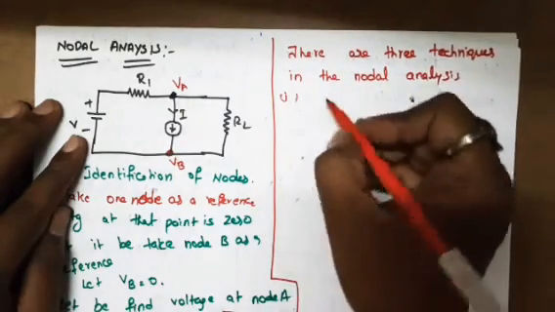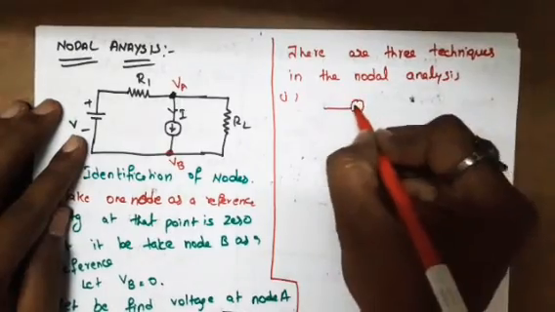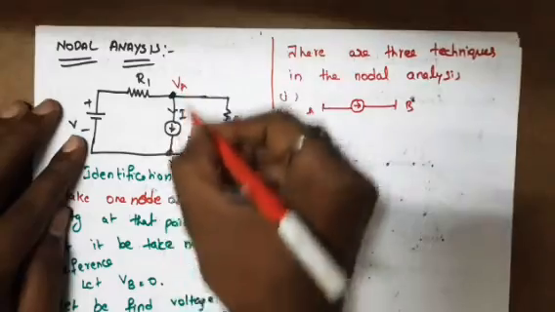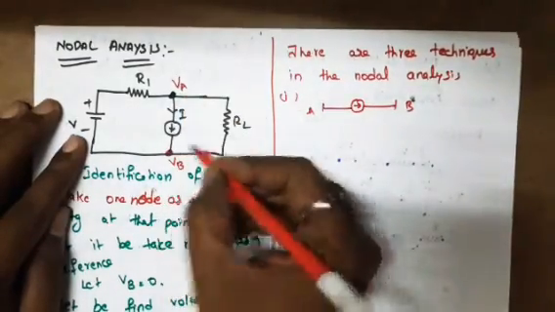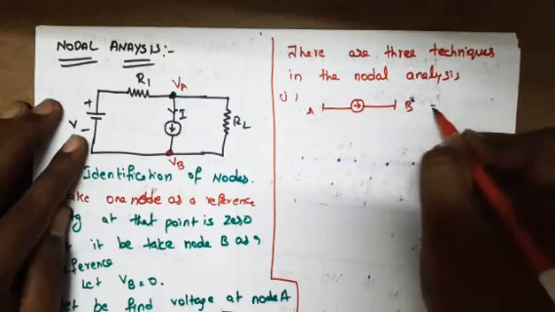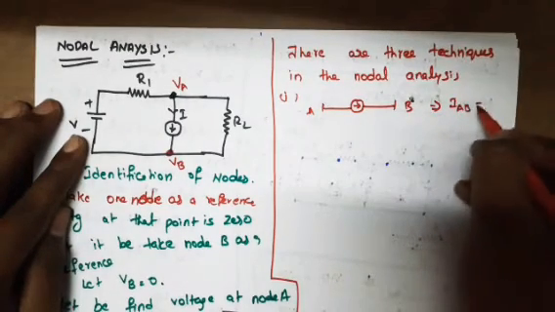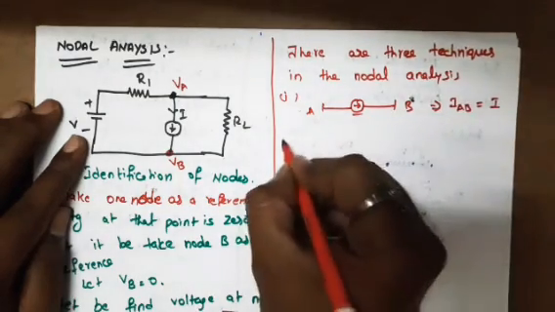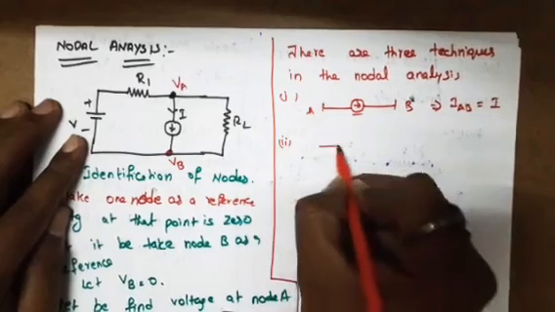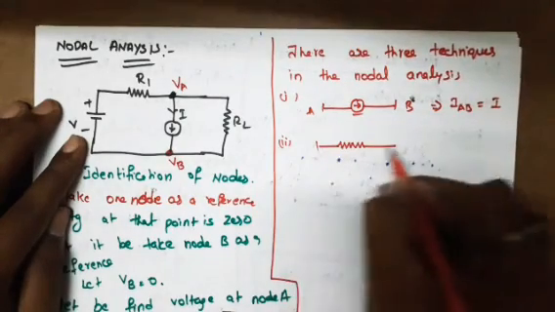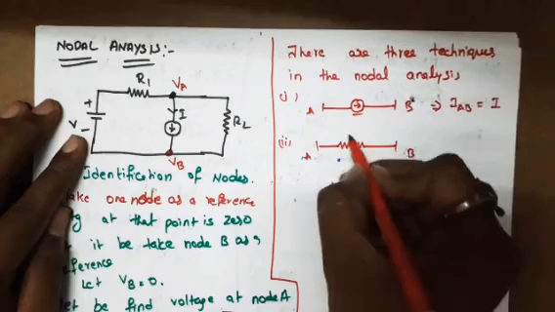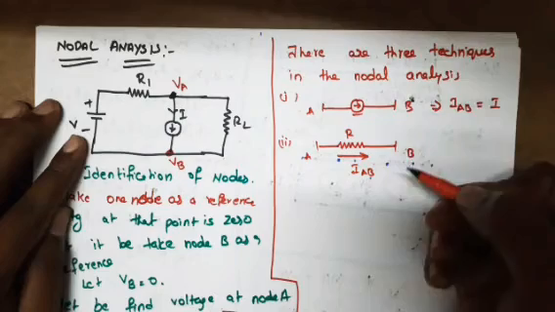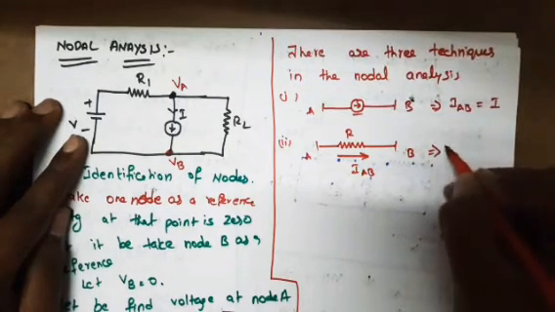First one is, if there is a current source in the branch A to B, then the current flowing through A to B, IAB, is equal to I, the source current, which is the current flowing through the whole branch. And the second one is, let a resistance R be placed here between A and B. What is the current flowing, IAB?